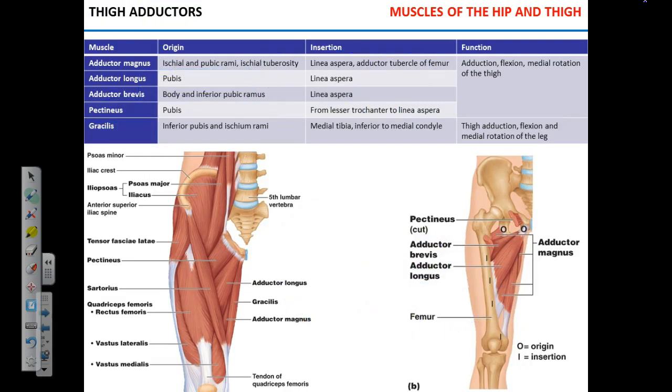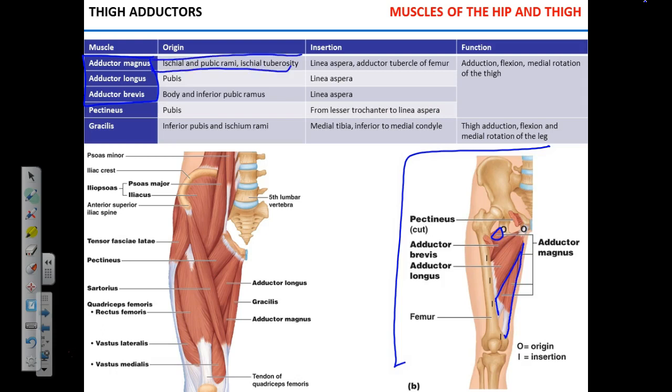Three big adductor muscles. I'm going to start with the right-hand side picture here. You can see the very, very big adductor magnus, okay? It originates at different parts of the pubic bone, the ischial tuberosity, ischial rami and pubic rami, so ischium and pubis, and it inserts all across the femur. This is the very powerful muscle that adducts